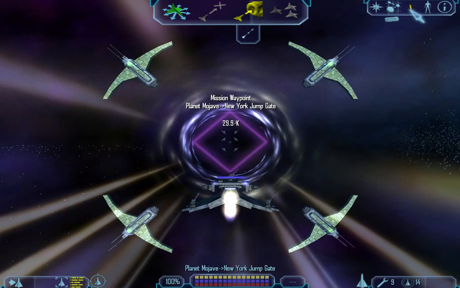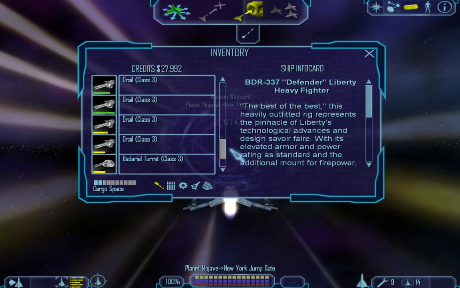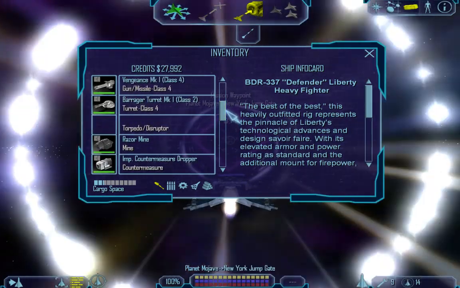Now, as far as I'm aware, there's only one unique event when entering a system, and we already had that. Now,